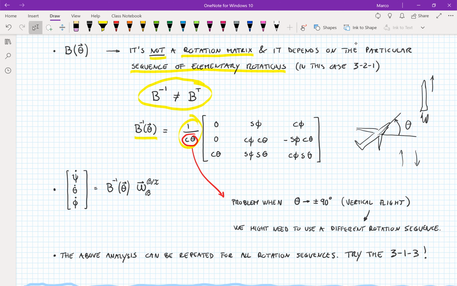All right, here, if you have the angular velocity and you have the instantaneous Euler angles, you can form the B matrix, get the inverse, and then you find the Euler angle rates, psi dot, theta dot, and phi dot. All right, so